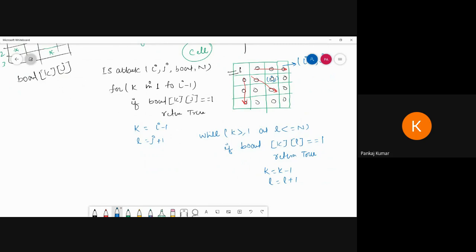So we reduce and increase both sides of the i and j cell one by one and traverse the diagonal elements above the i element. I have to check this one, this one, and this one. We go back here, then go here, one minus and one plus, one by one. If you know how to search in a matrix program, then it is very easy to understand. Is it clear?